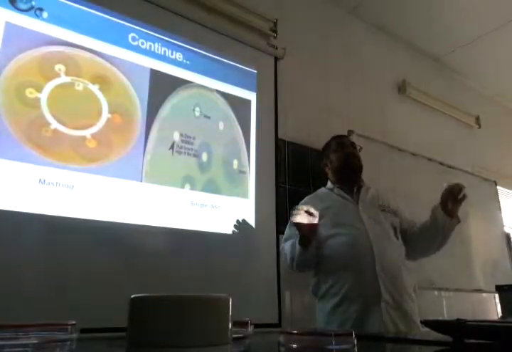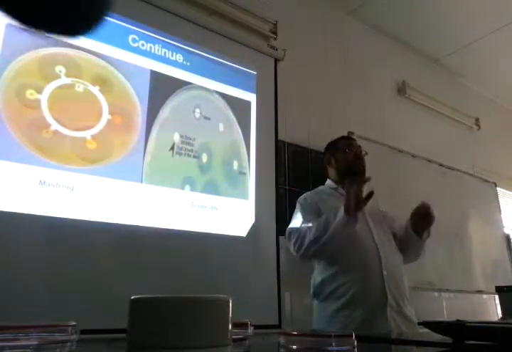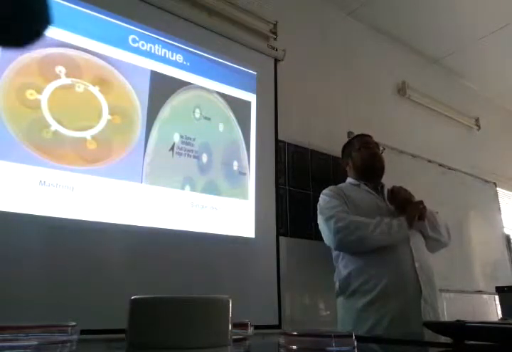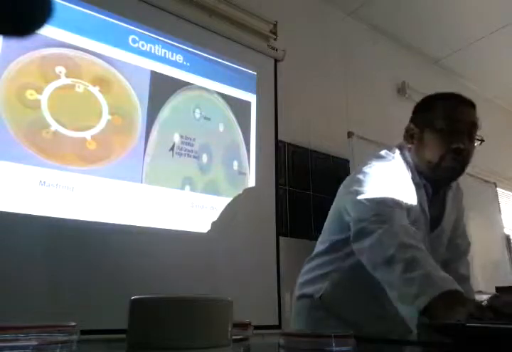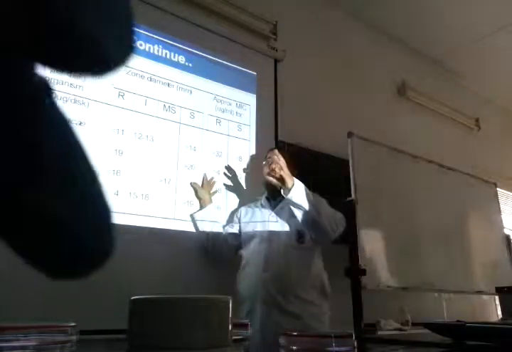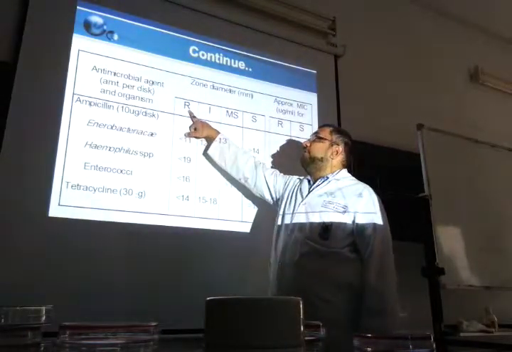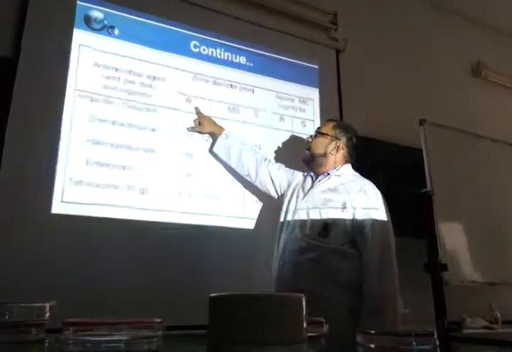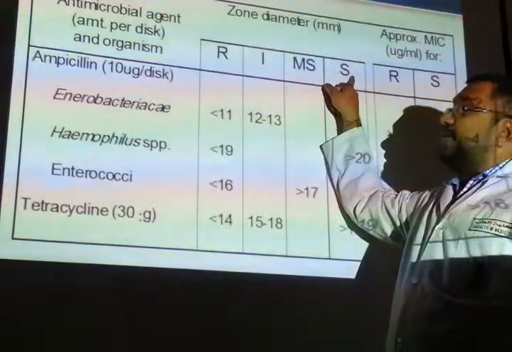Why? Please listen to this very carefully. The zone of inhibition does not mean that it is susceptible or it is working. There can be 3 possibilities. The bacteria might be resistant, there might be intermediate resistance or sensitivity. How will we check? We have a chart, like I told you, Kirby-Bauer chart. In this chart, consider column R, I and S only. R, I and S. Resistant, intermediate, sensitive.